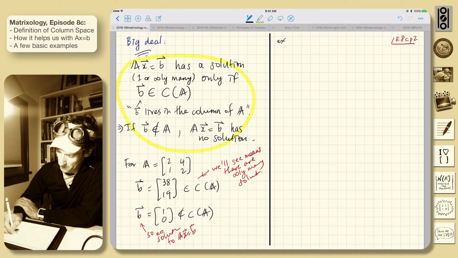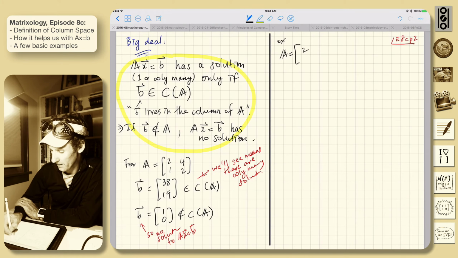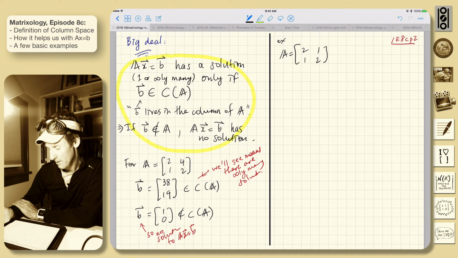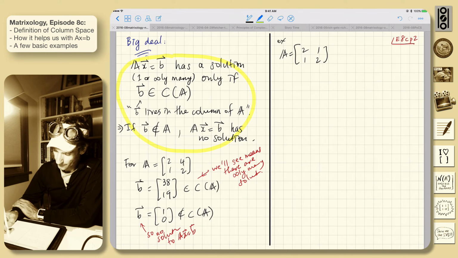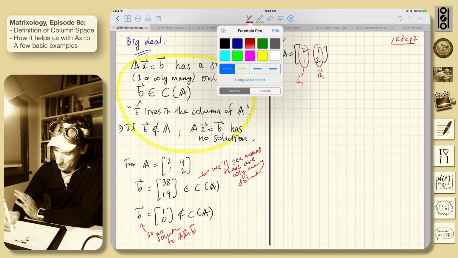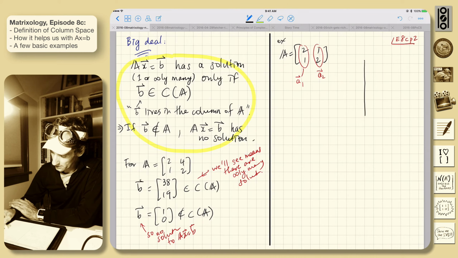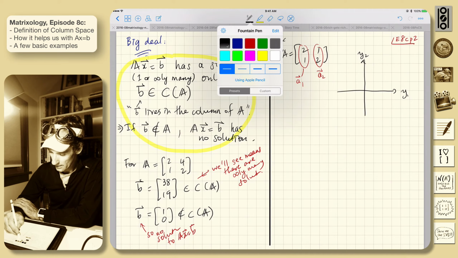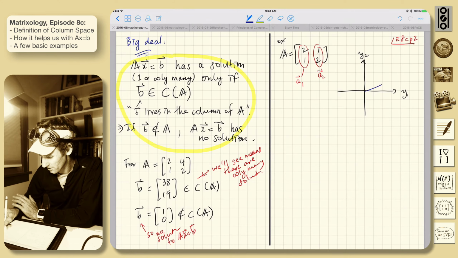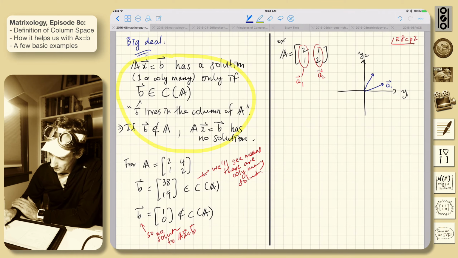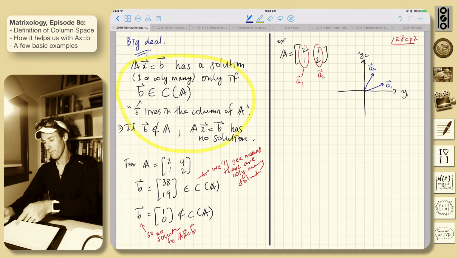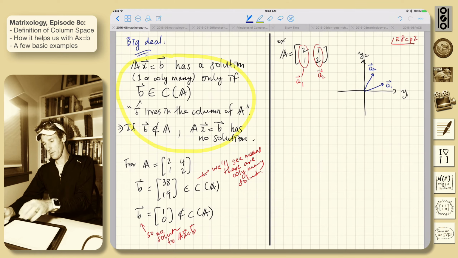Another example might be A equals [2, 1; 1, 2]. So here are the columns: column 1, column 2, A1, A2. At least at this point, just think about how these look. Again, we've got y1, y2, and this one is 2, 1, this is A1, and this is 1, 2. And the question we're really asking is, can some linear combination of these 2 vectors reach